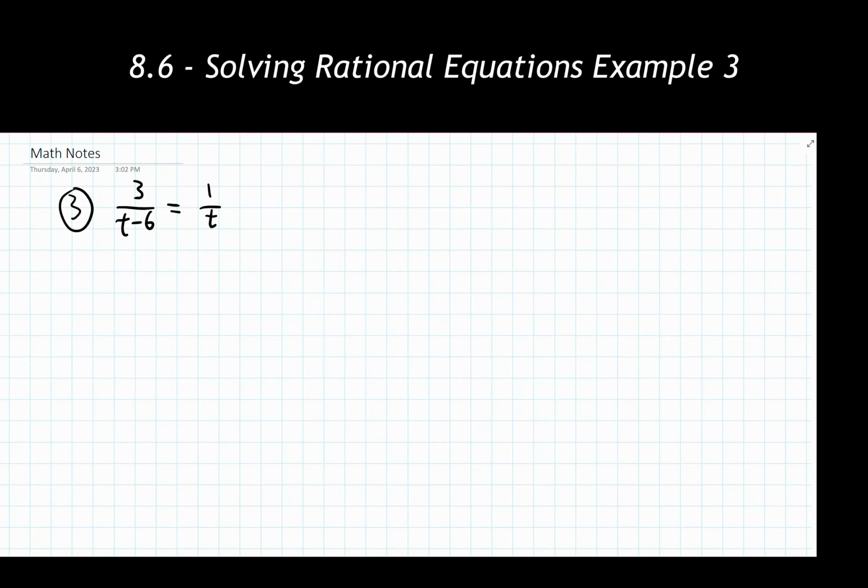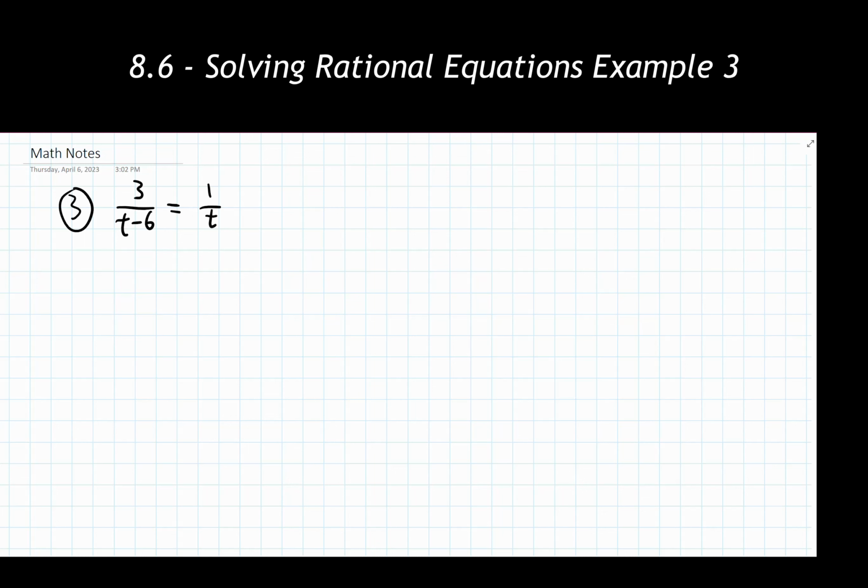Looking at number 3, we're starting to get into problems that are a little bit more advanced and we have a little more complicated things showing up here with our denominators. So step 1 is still telling us we need to go find all values that create division by 0. We need to find those domain restrictions. So I need to find what value of t would make this denominator 0 and would make this denominator 0. Both of the denominators have variables in them, so I'm going to probably have 2 different domain restrictions in here.